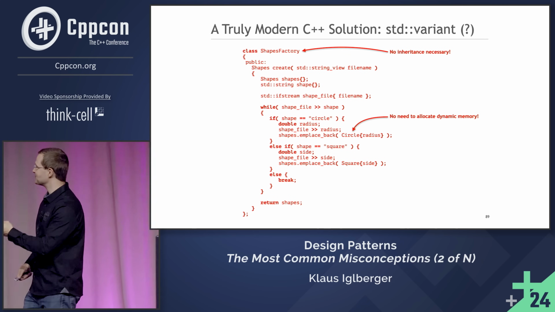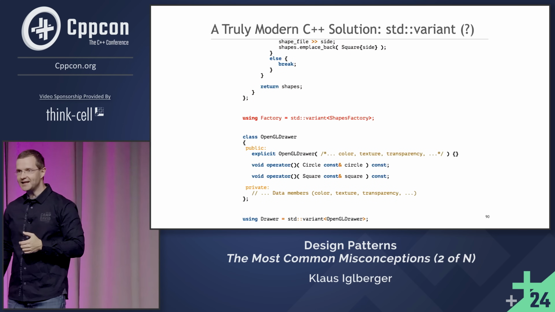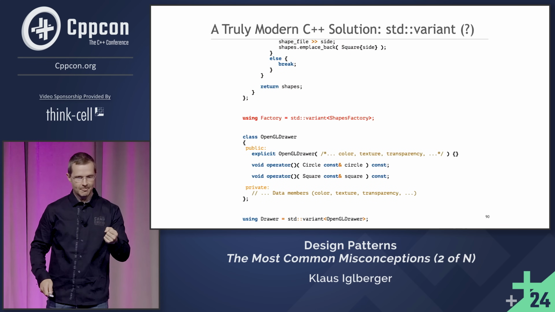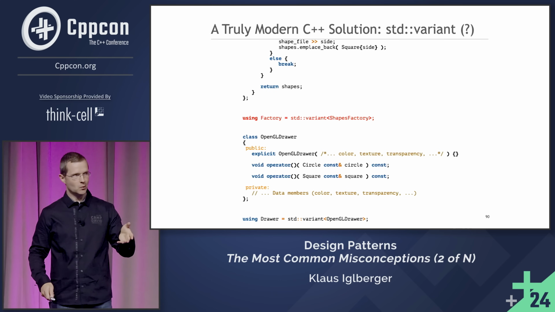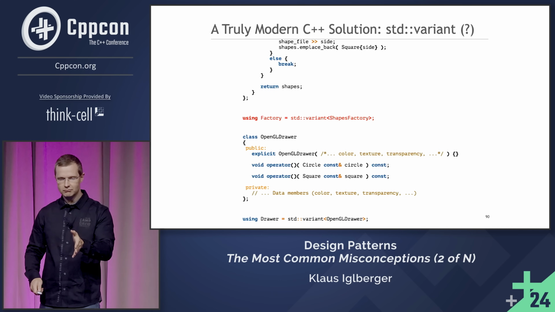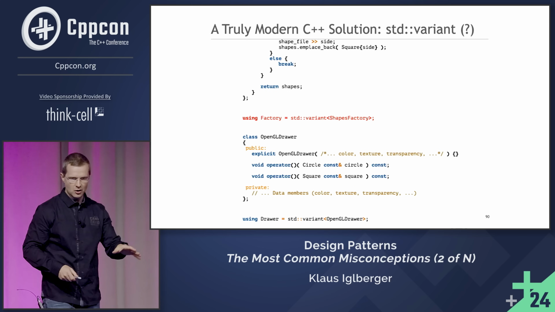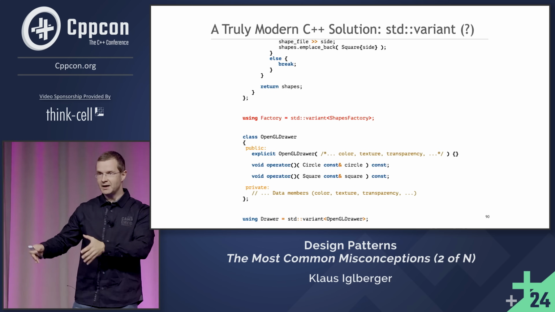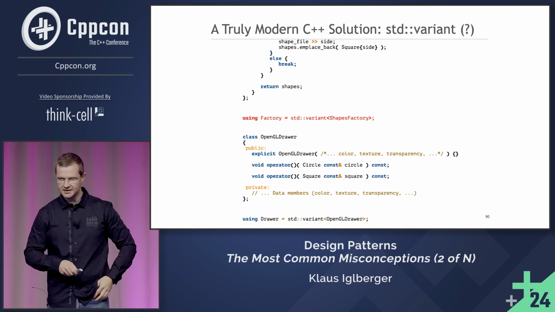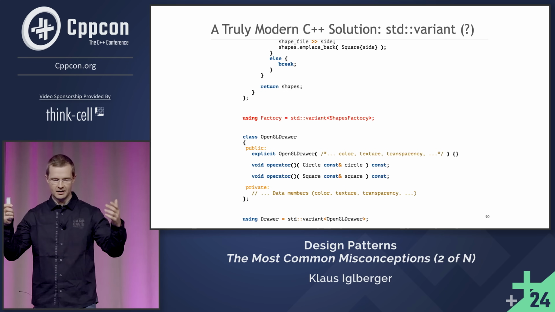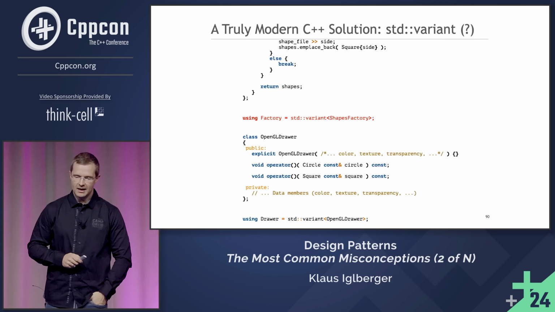Great. I like this. Oh, and here's a second opportunity to abstract. A factory is, well, a variant of shapes factory. At this point, there's just one, I know, but imagine, of course, there could be many more. Different ways how you can create shapes from files, other things, database, etc.